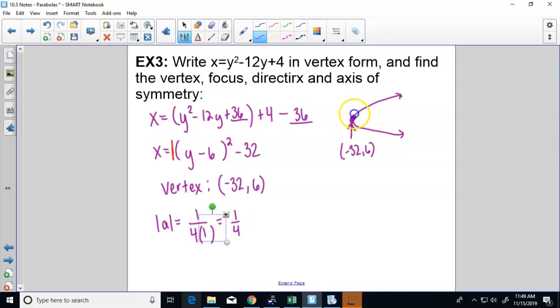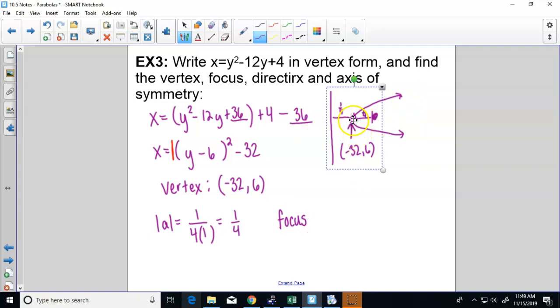So that means we need to go to the right 1/4, and that'll give us the focus, and we need to go to the left 1/4, and that'll give us the directrix. So for our focus,